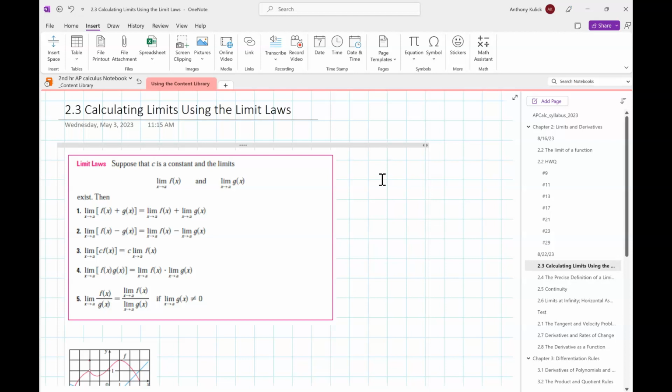What this says is if I have the sum of two functions and I take the limit, that's going to be the same as the sum of the limit of the first function plus the limit of the second function. If I have the difference of two functions and I take the limit,